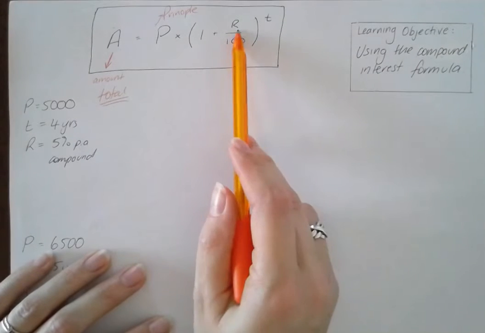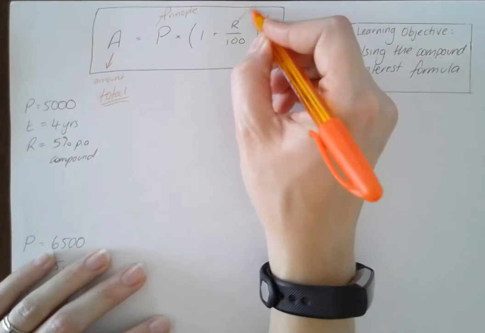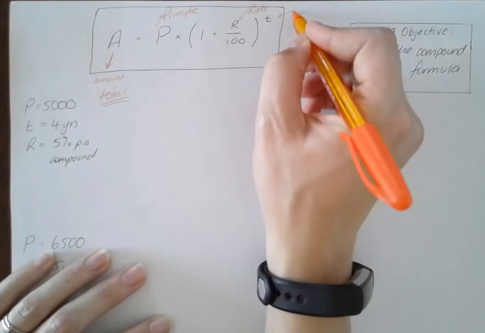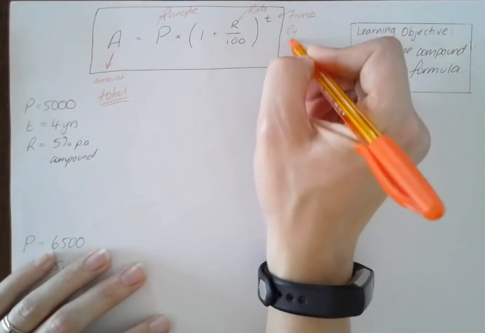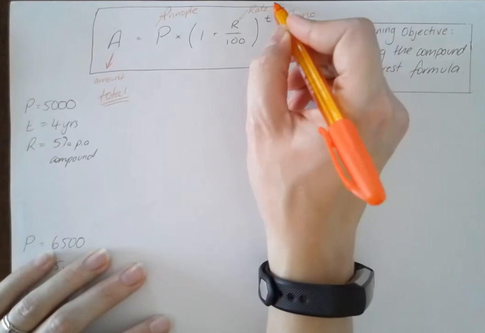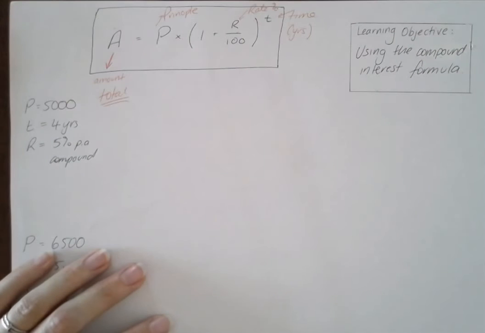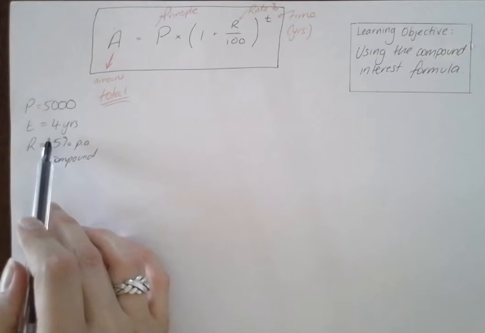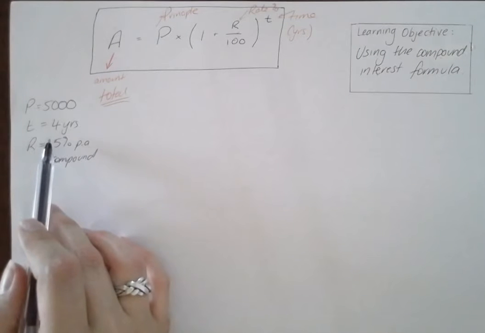Our R is for rate, and our T is once again for time in years. Our rate is all going to stay as a percentage this time as well. Okay, let's have a go at using it. We're doing the same example we did with our table, so we will hope that we are getting the same